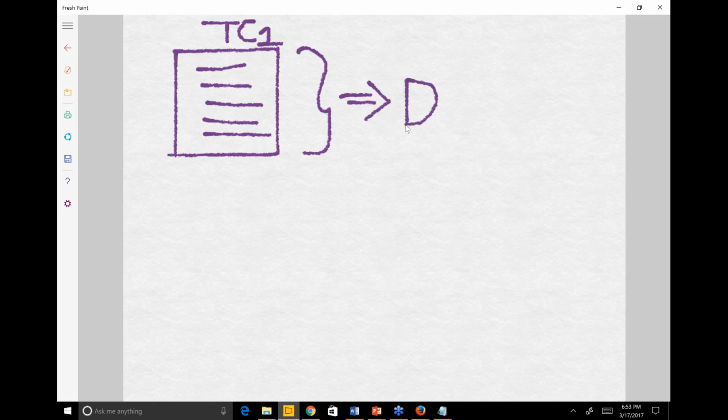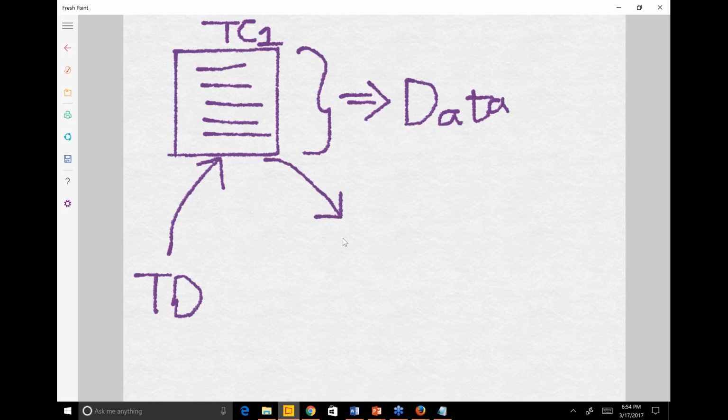Now, sometimes it's more like a single test case, let's say test case 1. This needs to be bombarded with different sets of data to see how the output is. So we send input to it as test data, and we look at the output in terms of the result,